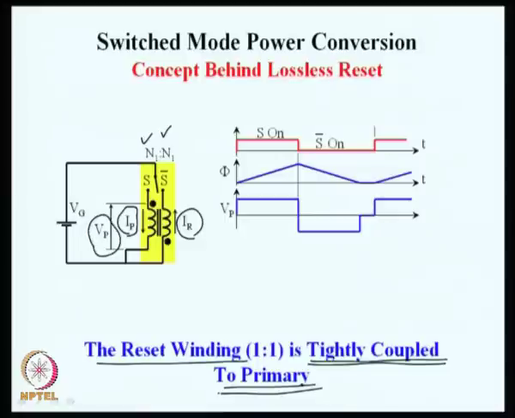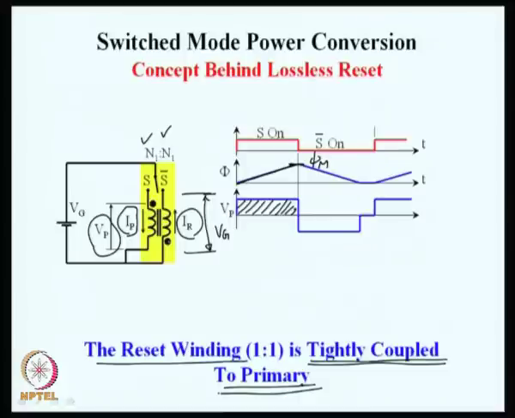So, when the switch S is on, the primary voltage is Vg in the positive direction, and thus that results in the flux increasing linearly to reach a maximum flux of phi m. We might call this as phi m. So, as soon as S is switched off and it is moved to S bar, what we see is same Vg is now applied across this winding, same Vg is applied, but with a sense which is totally opposite.